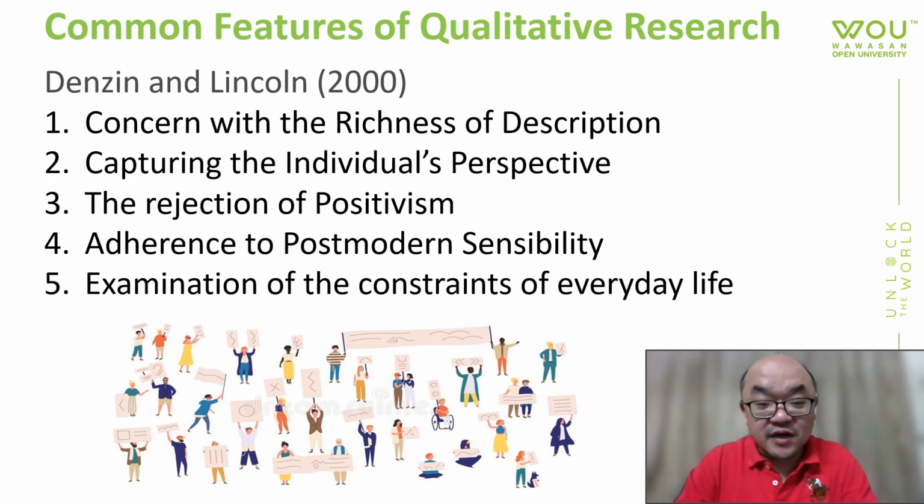Here you actually ask people to tell you as much as they can, so you care about the elaboration and the amount of content that the participants are able to give you. That's the idea of richness of description. So instead of asking several simple questions and boiling it down into several options or answers, you ask the participant to elaborate. Please tell me more. Please tell me how you feel today. Please tell me what makes you happy today, what makes you unhappy. Please elaborate more. That is the idea of richness of description.